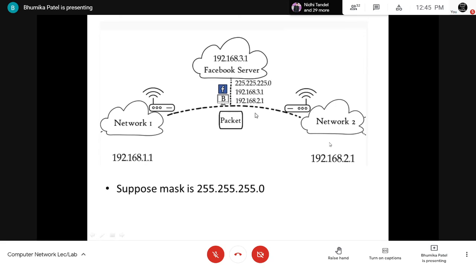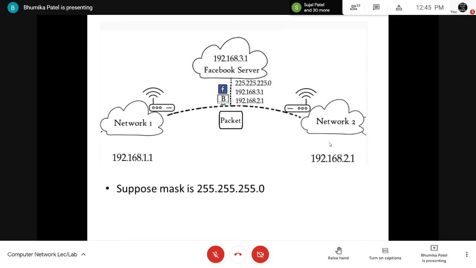See, as you can see, we have multiple networks, right? So from the multiple networks, I have to find one particular network. So this 255.255.255.0 will tell us that the first three combinations, which are 255, represent the network, and the last one represents what? The host. That means if I convert this 255 and all these 255s and 0 into zeros and ones,